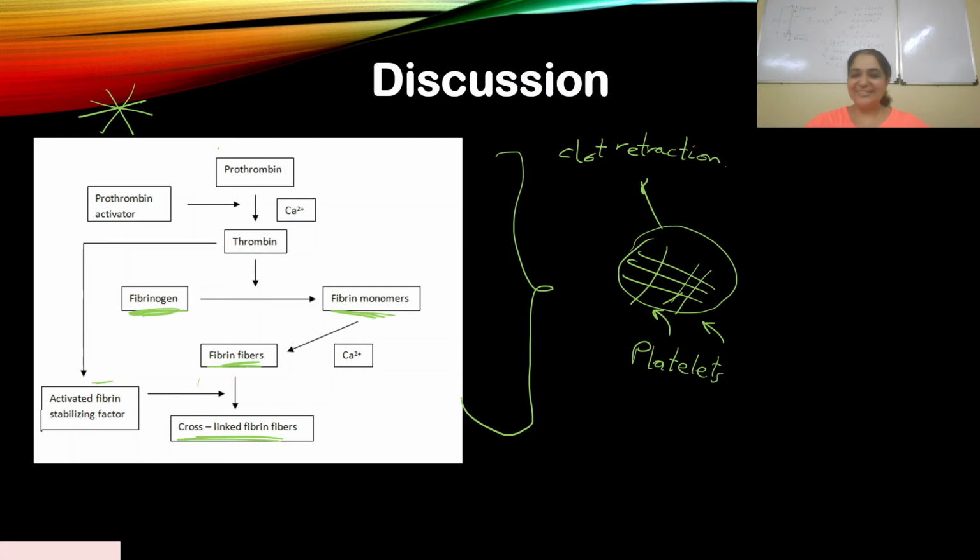This was pretty direct. If you knew what the coagulation, clotting process was, you see fibrinogen, okay, fibrinogen is the answer. Hands down, this is the fact. So there was no need to really think too much about this.